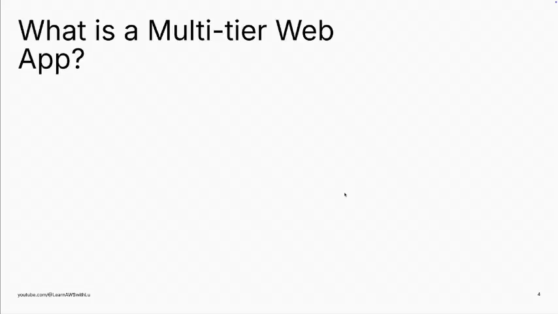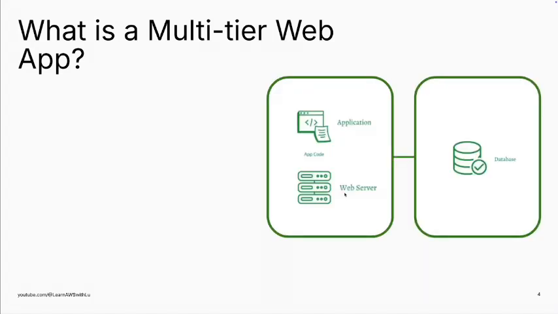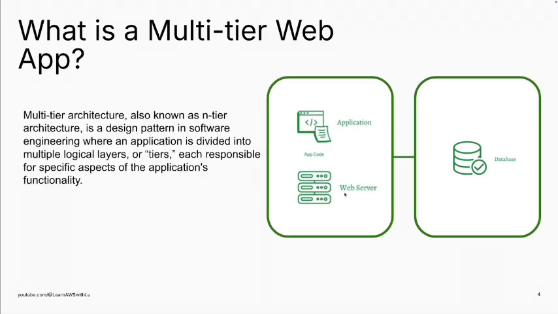Now, multi-tier web apps. Looking at the diagram, you can see that we've separated the front end, which is where the application code resides, and the web server from the database. In this case, we define multi-tier architecture, also known as n-tier. N-tier means that it could be 3-tier, it could even be 4-tier, depending on how the developers or engineers designing the system decide to run this architecture. So it's designed